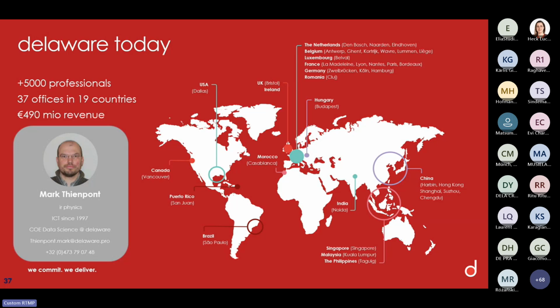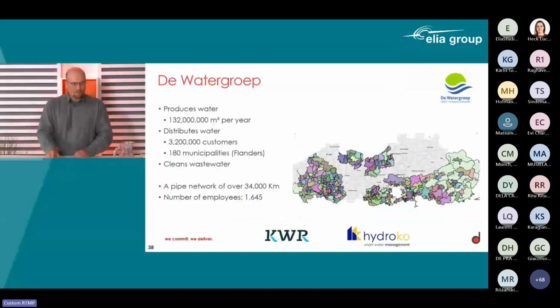From that assignment, I started looking at what is out there in the world that is already working today, not the theory like, in that many years we will have something, or in 2030 there will be something, but what do we have today? In that aspect, I got into a conversation with the watergroep. We are already working with the watergroep for many years on a problem they have: the distribution of water is confronted with leakage. Each and every water company has that. You have pipes in the ground, you most of the time don't see them, and if there is a leak, you don't actually know where that leak is.